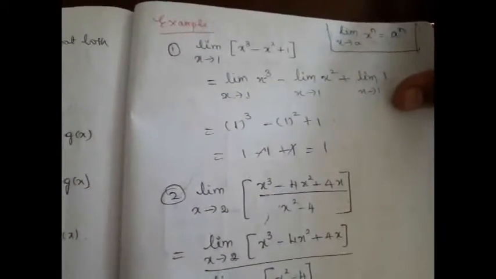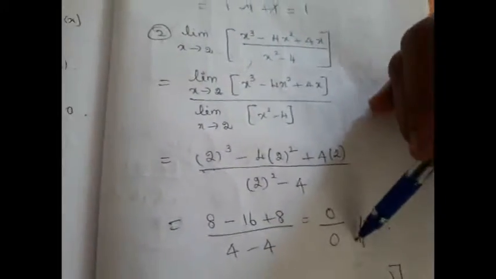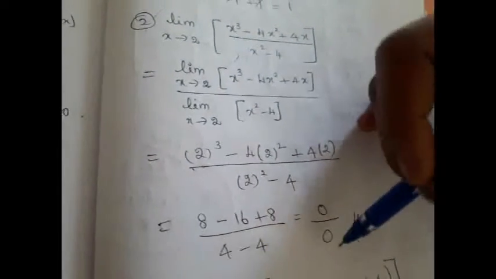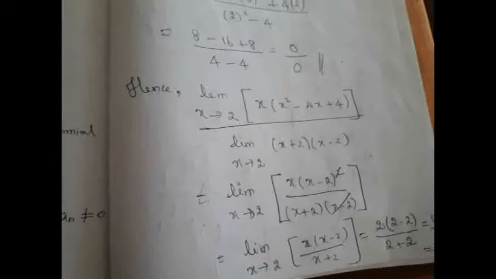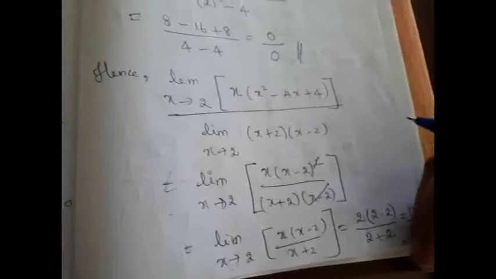In the previous class, we have seen a few methods to solve the problems. One is the direct way of applying the limit and getting the answer. The other one is if suppose we arrive at 0 by 0 form. After applying the limit, if we obtain 0 by 0, both numerator and denominator being 0, we have seen how to resolve it. We have to factorize both numerator and denominator so as to eliminate the terms which lead to 0 by 0 form. And then we continue the procedure of applying the limit.